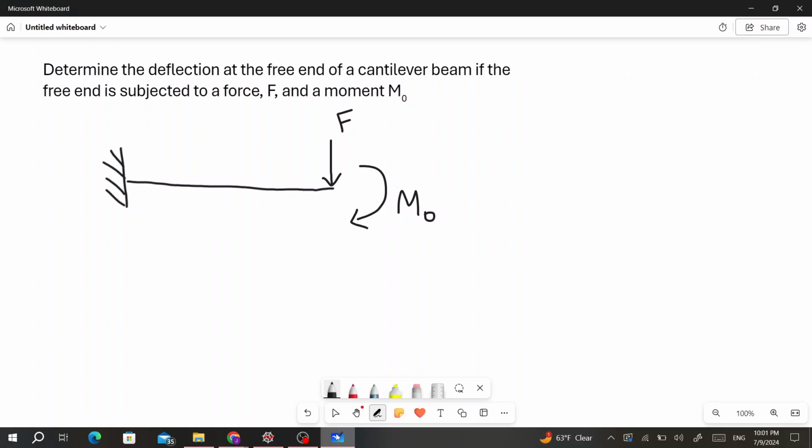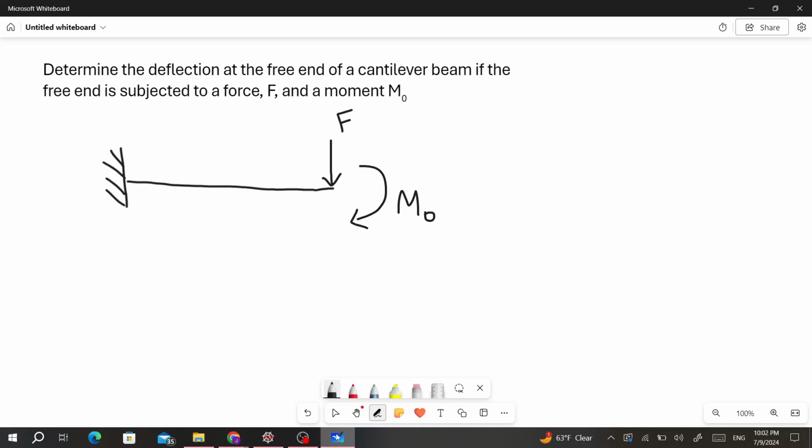Okay, so we are going to find the deflection of a beam now using the method of superposition. The method of superposition says that if you have multiple loads acting on a beam, you can find the deflection of the beam from each of these loads separately, and then to find the deflection caused by both of these loads acting together, you just add up the deflection caused by each of these loads acting separately. You sum those effects together, and that will give you the total deflection of the beam from both loads acting